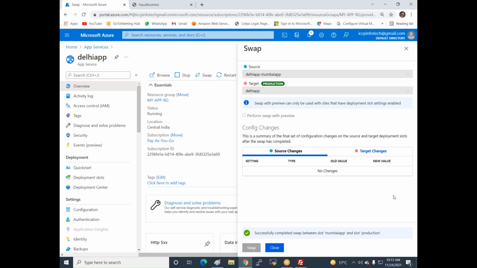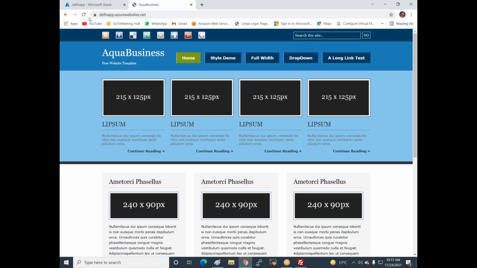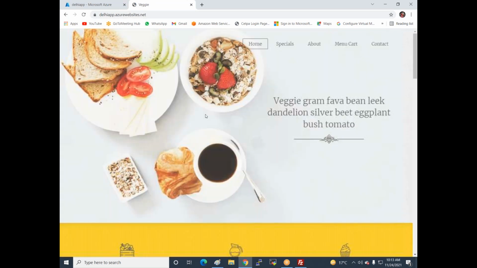I hope you easily understand the concept of swapping and why we are using it. And again refresh, you can see the same website is coming.